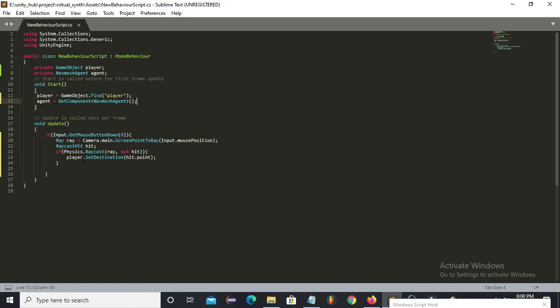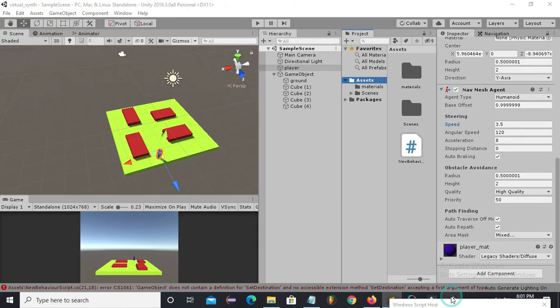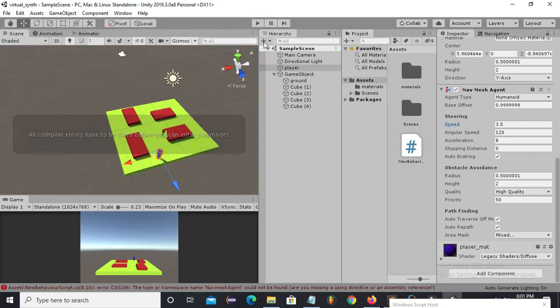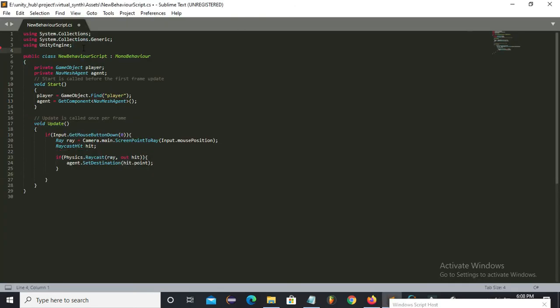So here I have to use this agent. We don't need to use this player. I have to use this NavMeshAgent to set the destination of the player. So now if I go to Unity, let me save this, and now if I run this, I forgot to use UnityEngine.AI.